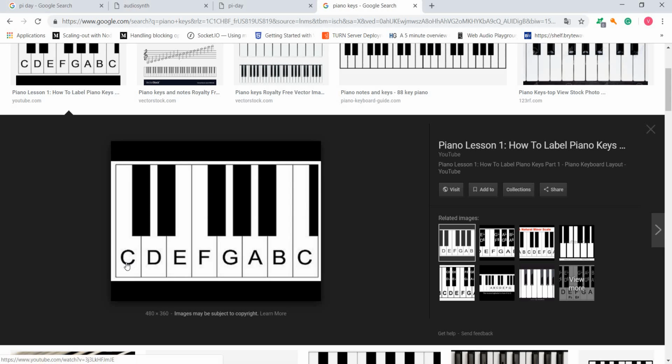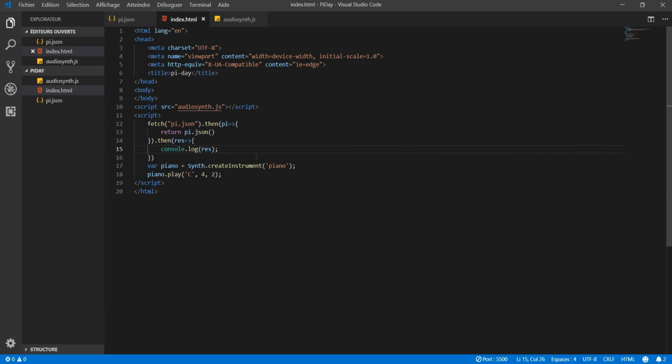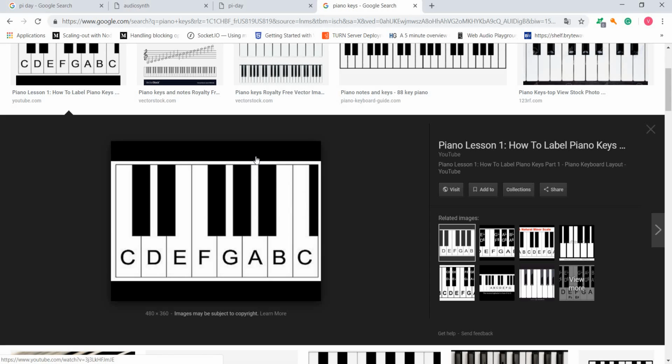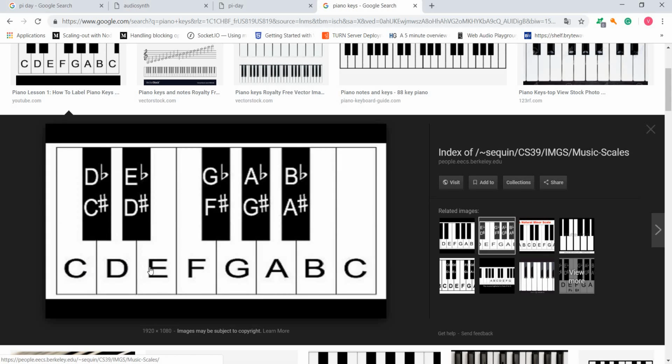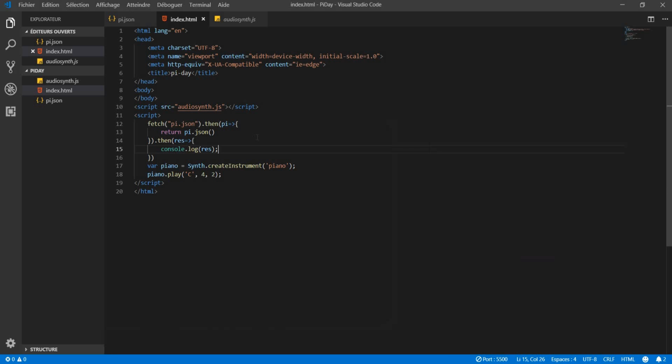So are there 9 keys? 1, 2, 3, 4, 6, 7, 8. 8 keys, almost 9. Because the numbers in pi will range from 0 to 9, I must have 10 keys. Let me just take this one. 1, 2, 3, 4, 5, 6, 7. I could repeat the keys, like this one. Okay, so